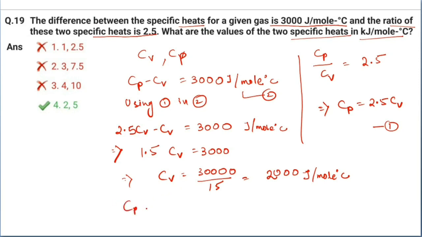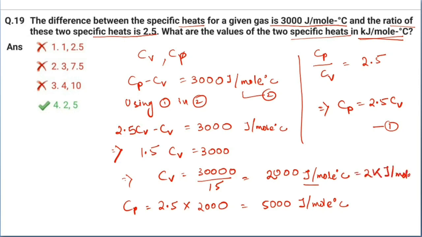Now Cp is equal to 2.5 into 2000, that is 5000 joule per mole degree Celsius. And the question asks for the two specific heats in kilojoule per mole degree Celsius, and here we found joule. 2000 joule is 2 kilojoule per mole degree Celsius, and this is 5 kilojoule per mole degree Celsius. Okay, so the answer is option 4, that is 2, 5. Okay,